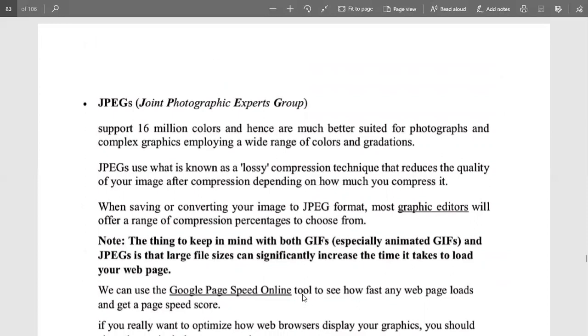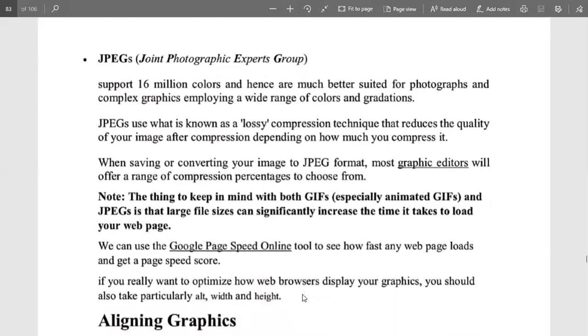JPEG is mostly known for lossy compression, because it reduces the quality of our image after compressing, depending on how much we compress. Sometimes we can't manage or forward the original file, so we have to compress it. Whenever we compress a file, we have lossy compression, because something must be lost.